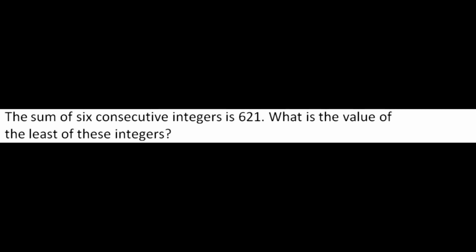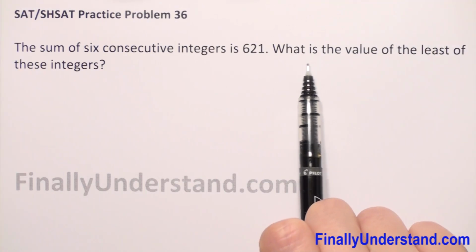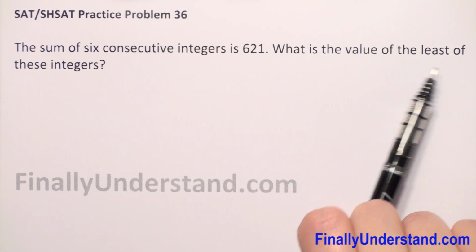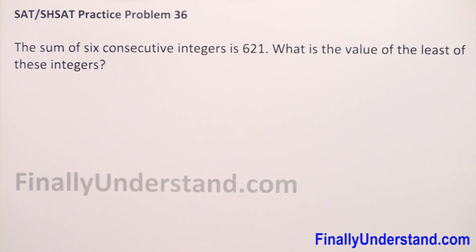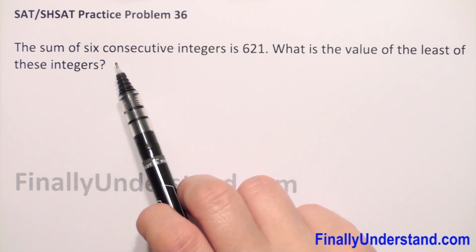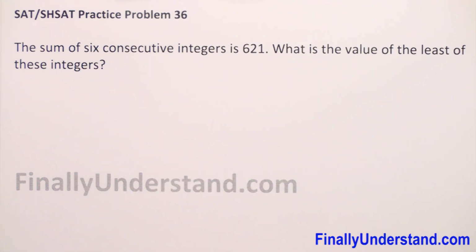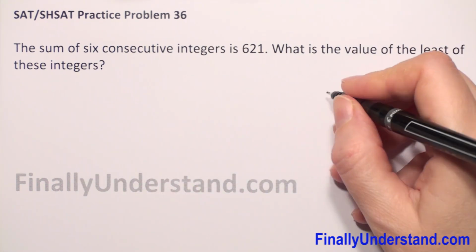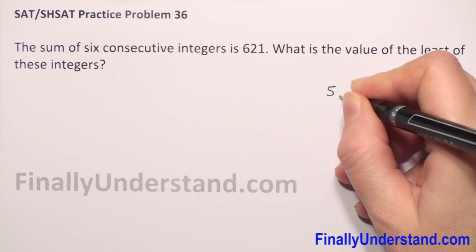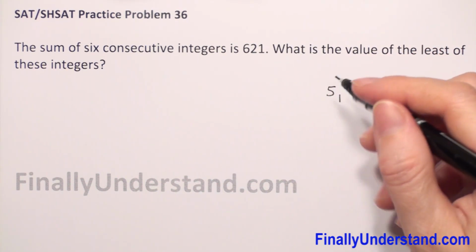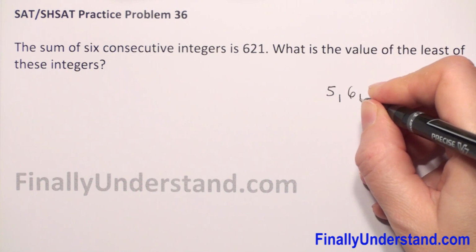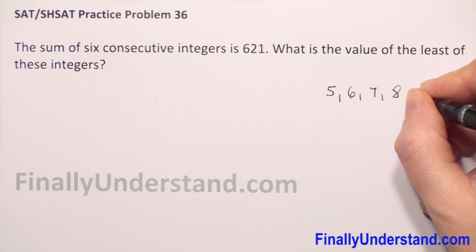The sum of 6 consecutive integers is 621. What is the value of the least of these integers? So first, what does consecutive mean? For example, when we have the first number 5, the consecutive 6 numbers will be 5, 6, 7, 8,